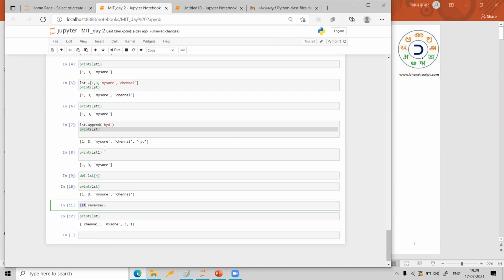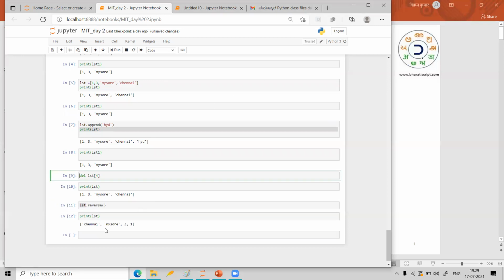Similarly, if I want to insert some element into the list, what can I do? The list is now having Chennai, Mysore, 3, 1. After the number 3, I wanted to insert Hyderabad, suppose.